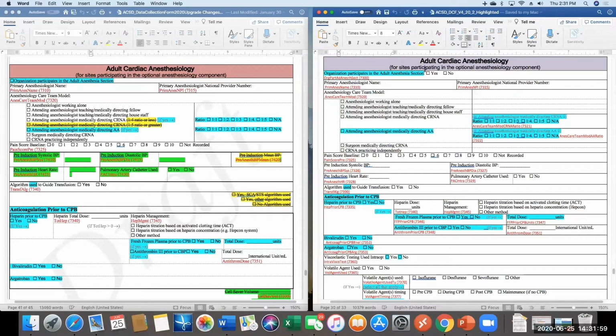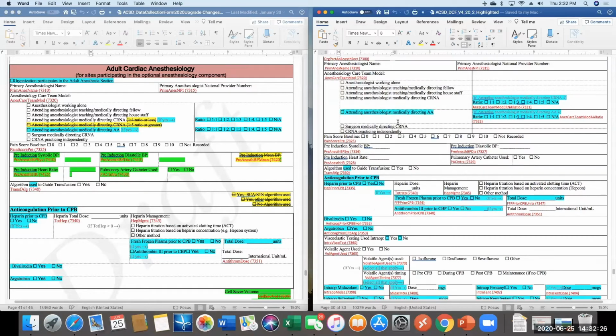We did put a parent field here. Organization participates in the adult anesthesia section. If you code no to this, this whole section will gray out, and it will not show up as missing on your data quality reports or in your other reporting section, the missing variable report on the IQVIA platform. We added here the ratio, so CRNA, if there's an anesthesiologist medically directing CRNA or directing an AA, then the ratio,